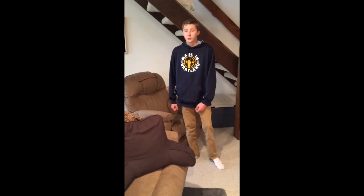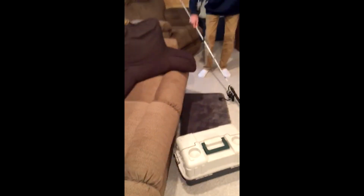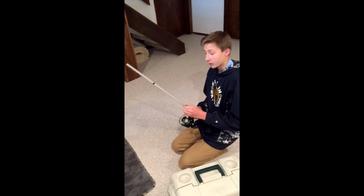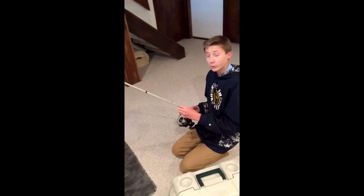Another key thing to have when you're fishing is to make sure you always have a fishing pole. You also want, when you're fishing, a tackle box. Now that you have your fishing rod and your tackle box, you gotta make sure you have the appropriate lure